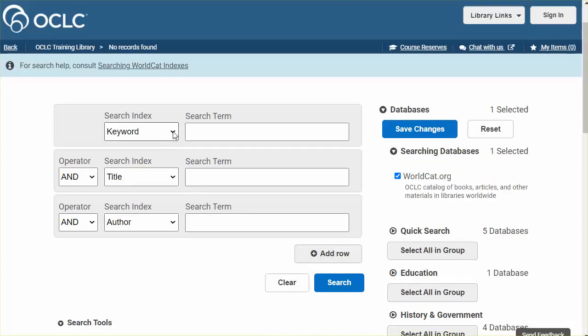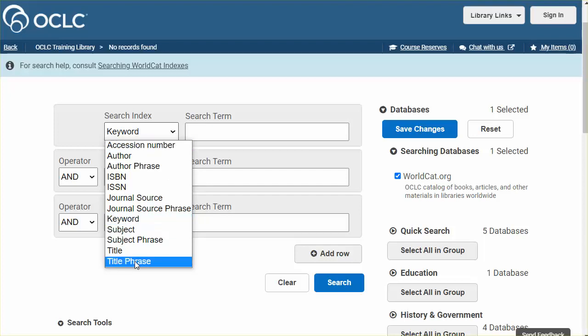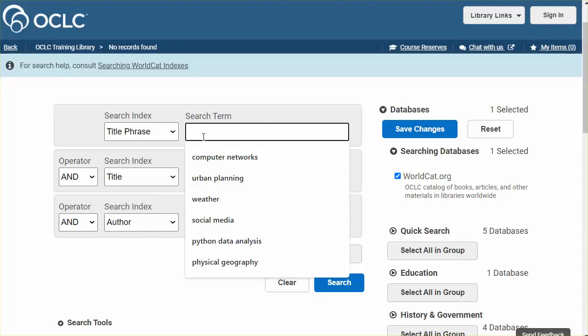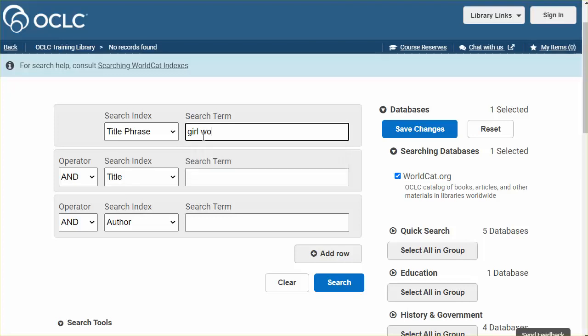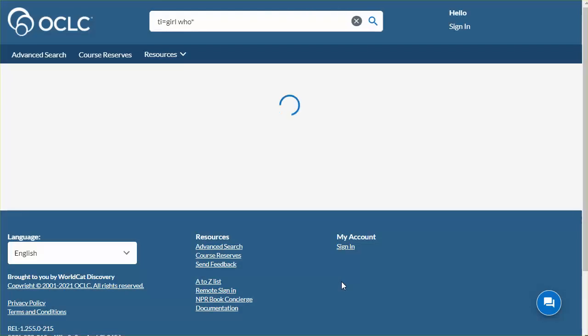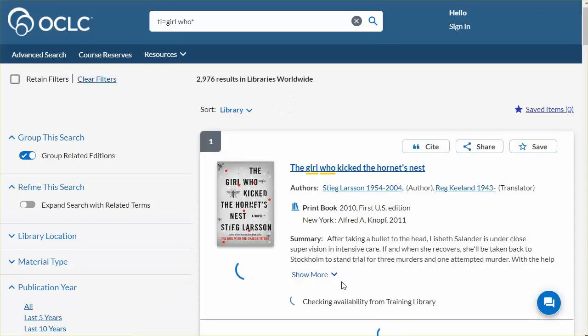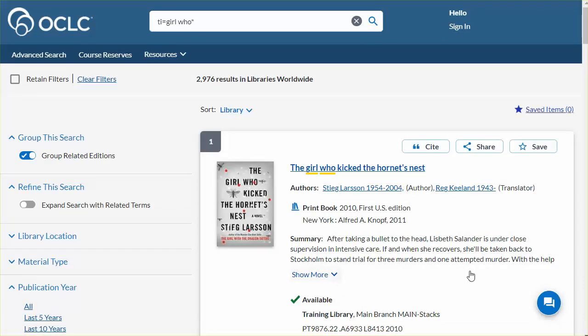For example, here I'm going to choose the title phrase index from the list of indexes presented and enter the beginning of a title using the truncation symbol to truncate the rest of the phrase. When I click search, these results include titles by various authors that begin with the phrase we searched.